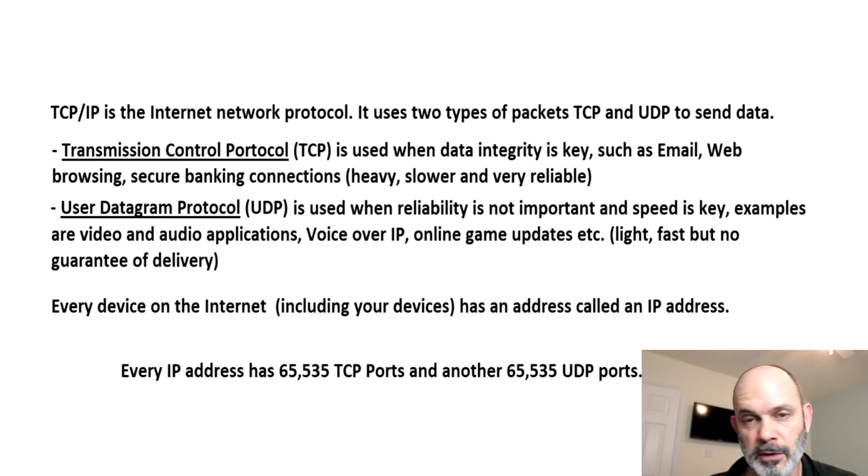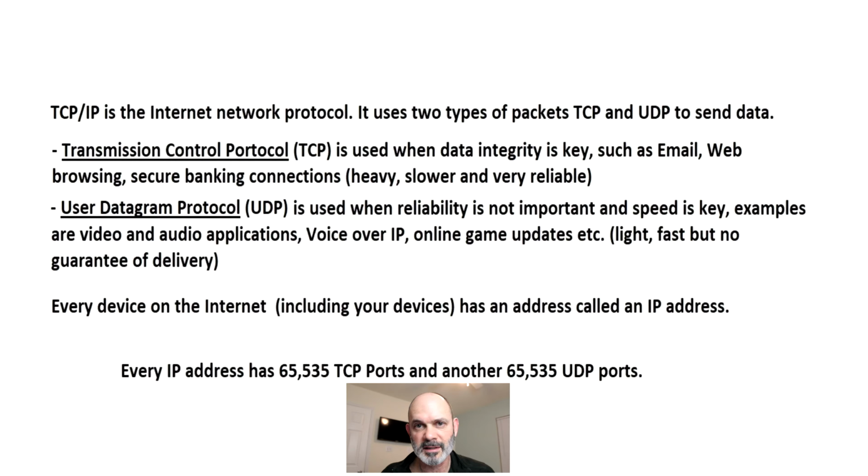These ports are virtual ports. They're just something that is inside the packet that it plugs into the other device. So everything on a TCP/IP network connects to an IP address, and when you hit that IP address, it has to know which port it's going to connect to, to make a successful connection between the two devices. So that's what I'm showing here: how to port forward from your router to devices inside your network out to